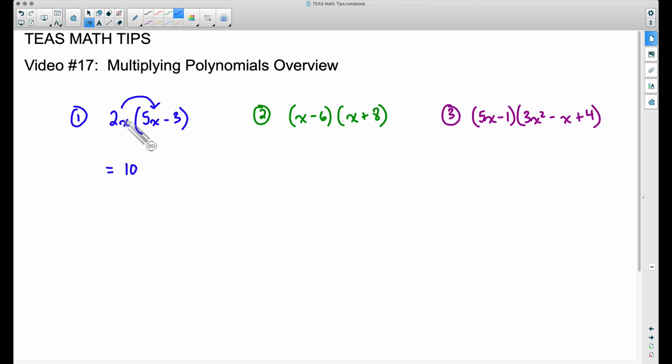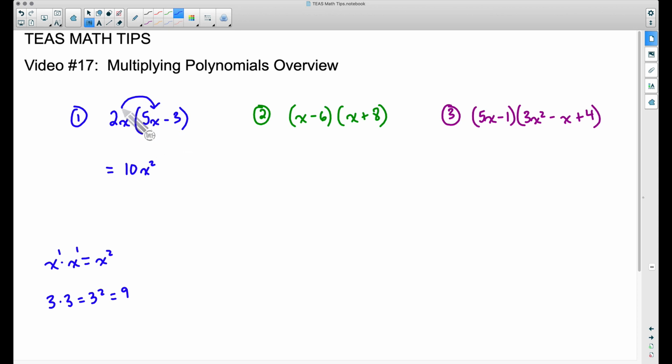But now you want to be careful with your x times your x. X times x is x squared. Just like if you had 3 times 3, that would be 3 squared. Now you could say that is 9, but that same concept applies. In all honesty, what you're really doing here is you have x to the first times x to the first, and you add your exponents here. So 1 plus 1 gives us that 2. So with that in mind, 2x times 5x, that's going to be 10x squared